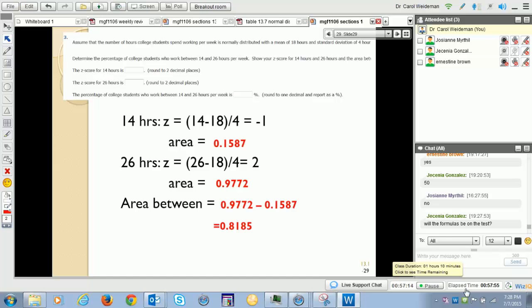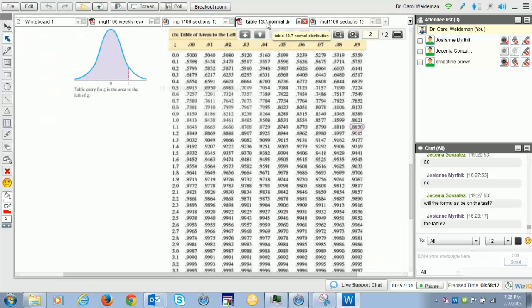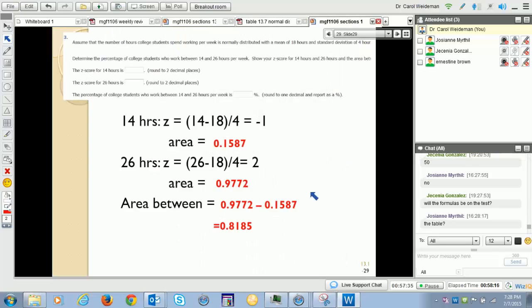Yes, take a look at the final exam prep quiz and you'll see all the formulas that are going to be available to you. Because there's a lot of formulas from chapter 9. So, yes, the table will be there. For this chapter, you'll get the z-score formula and the table, like I just showed you. That same table will be available. And if you take the prep quiz, you'll see it.